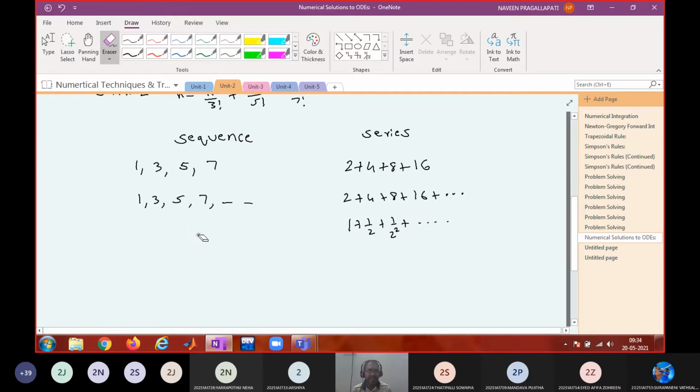But that is a problem of interest in logic. The problem of interest in mathematics is, as the number of terms goes to infinity, whether these numbers are approaching a particular number or not. If I write 1 by 2, 1 by 3, 1 by 4, 1 by 5 and so on, and draw it on the graph, this is 1 by 2, this is 0, 1 by 3, 1 by 4, 1 by 5, 1 by 6, 1 by 7, up to 1 by 100, 1 by 1000. So as the number of terms increases, all these terms are approaching a particular number.